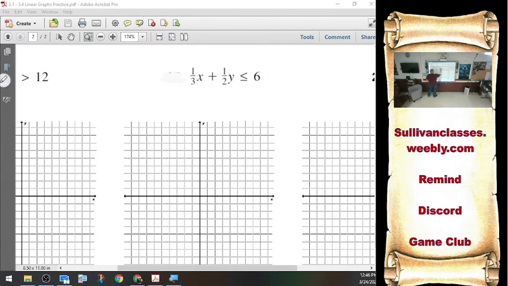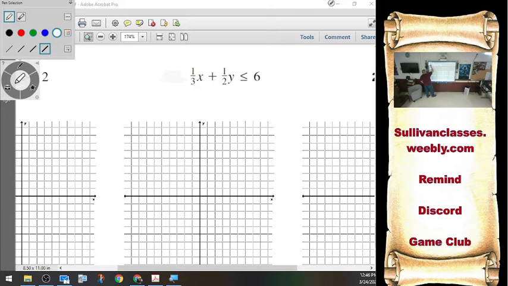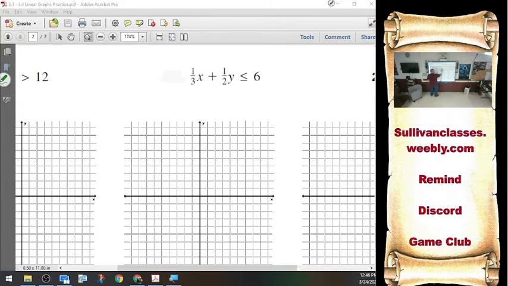That 1/3 x is in the way. So what do I do to get it out of there? Those two terms are being added, so I just subtract it out of there. Minus 1/3 x, minus 1/3 x. Well, this part just zeroes out, and I get 1/2 y less than or equal to